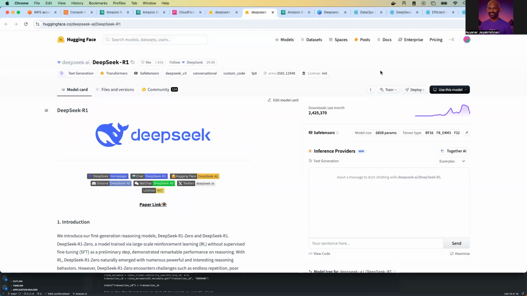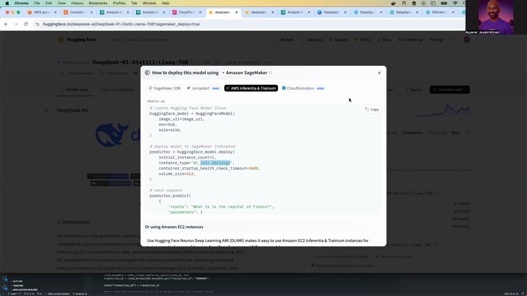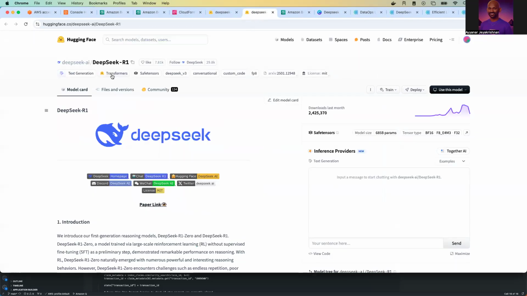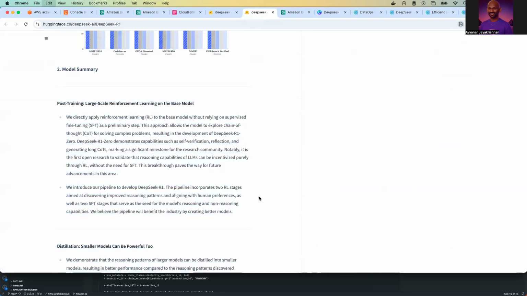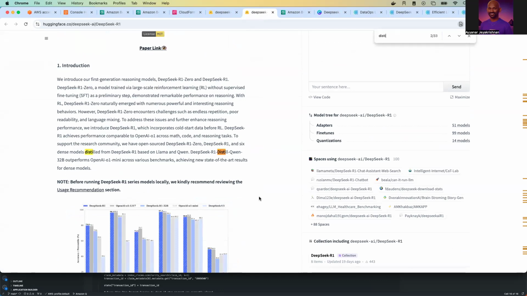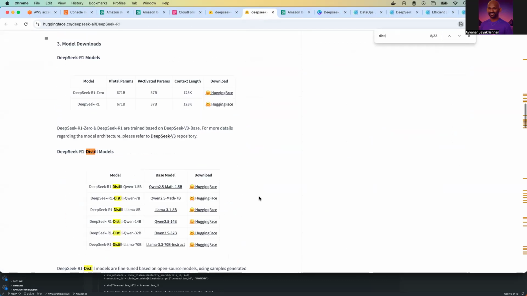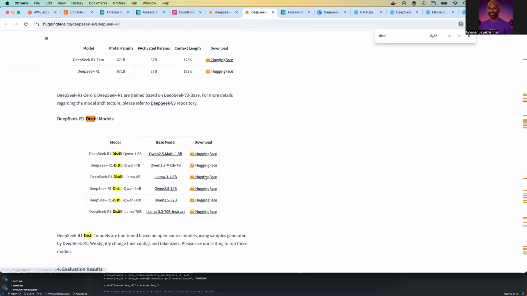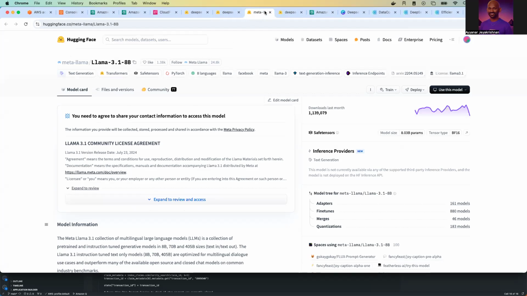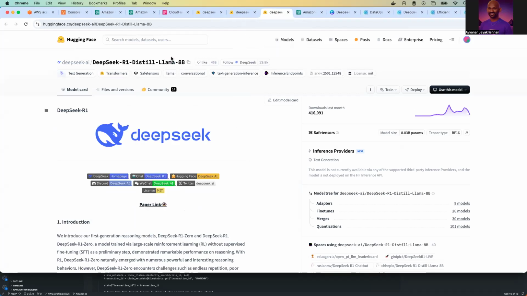So the files, where is it? Okay, here you go. DeepSeek R1 model card. Distillation. Model download. See, if I click on the 7 billion parameter Llama. Yeah, here it is. Base model on Hugging Face. This is the base model they used. I click on this. If I want to download,